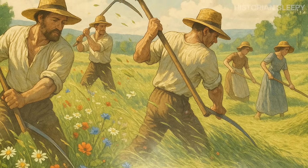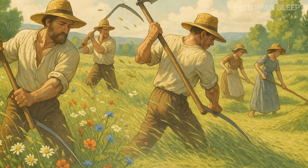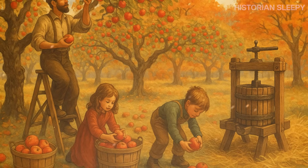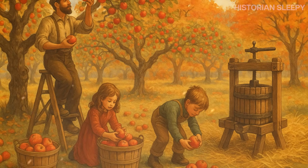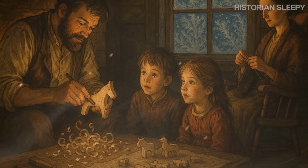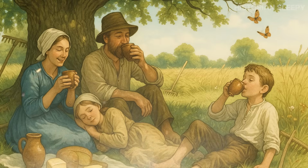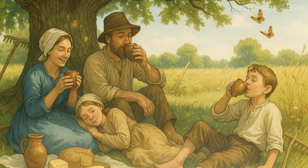The midday meal provides a welcome respite from labour. Everyone gathers in the shade of a large oak at the field's edge, gratefully accepting the food and drink Emma and the village women distribute. Conversation remains minimal. Energy must be conserved for the afternoon's work ahead. Instead, there's the sound of hearty eating, occasional appreciative comments about the food and the distant singing of larks high